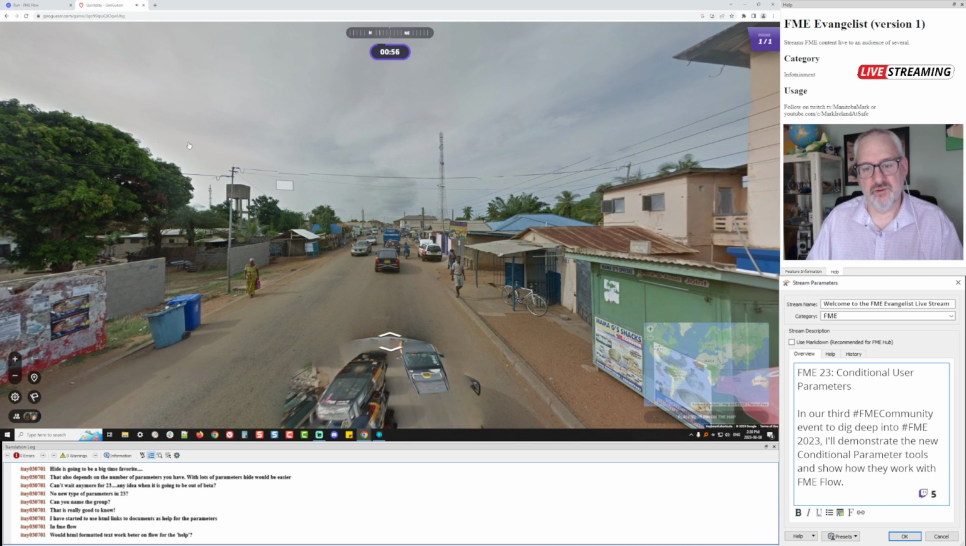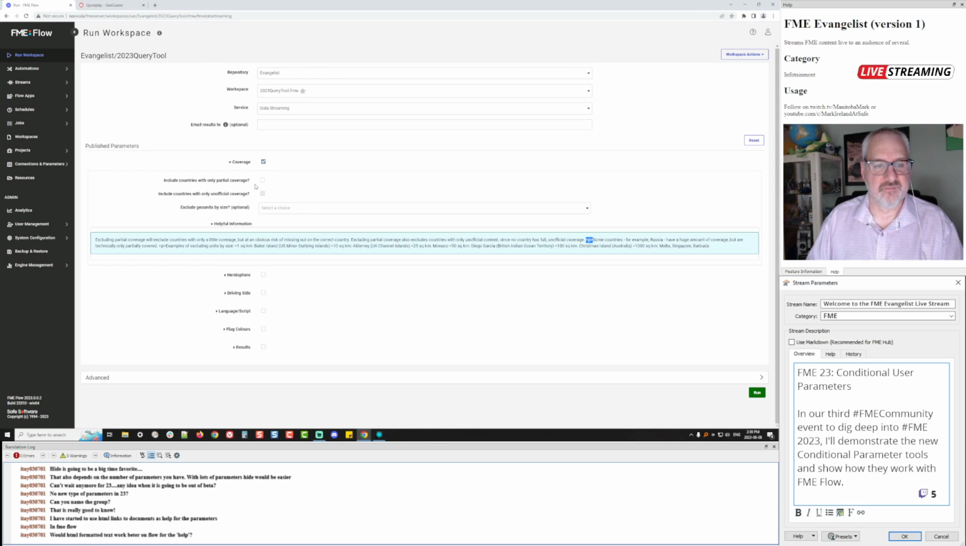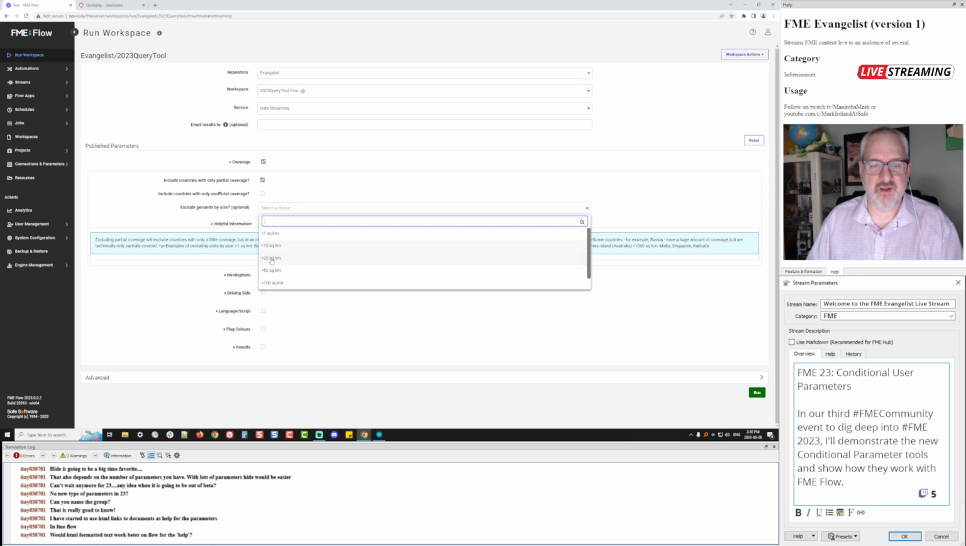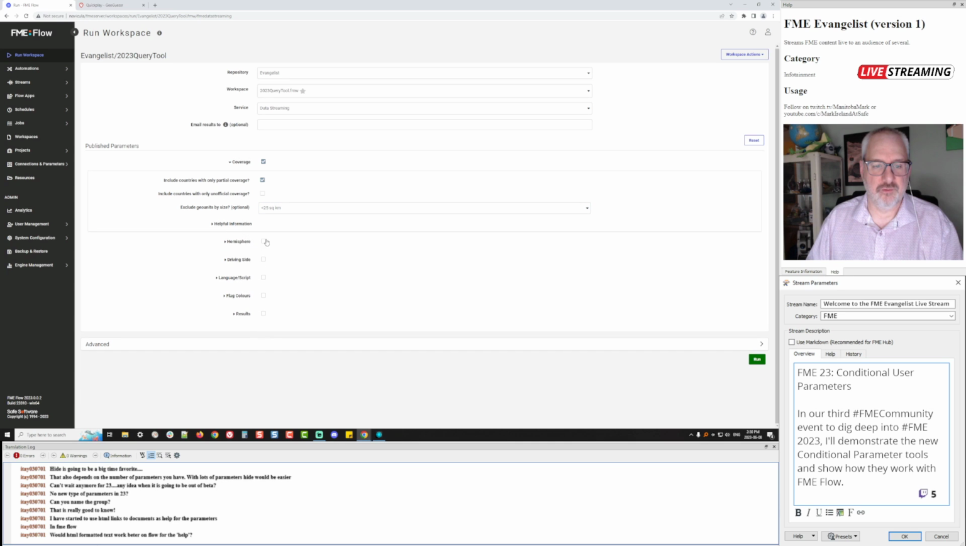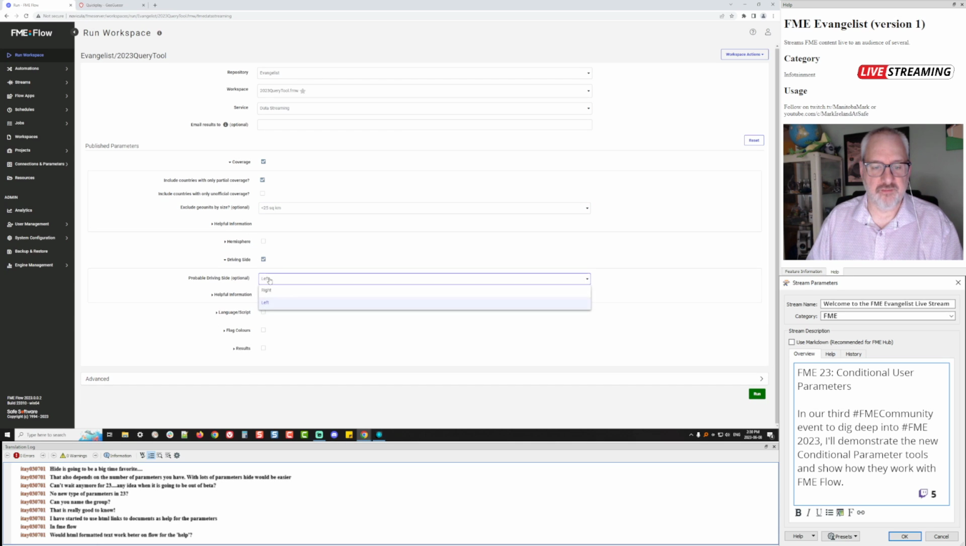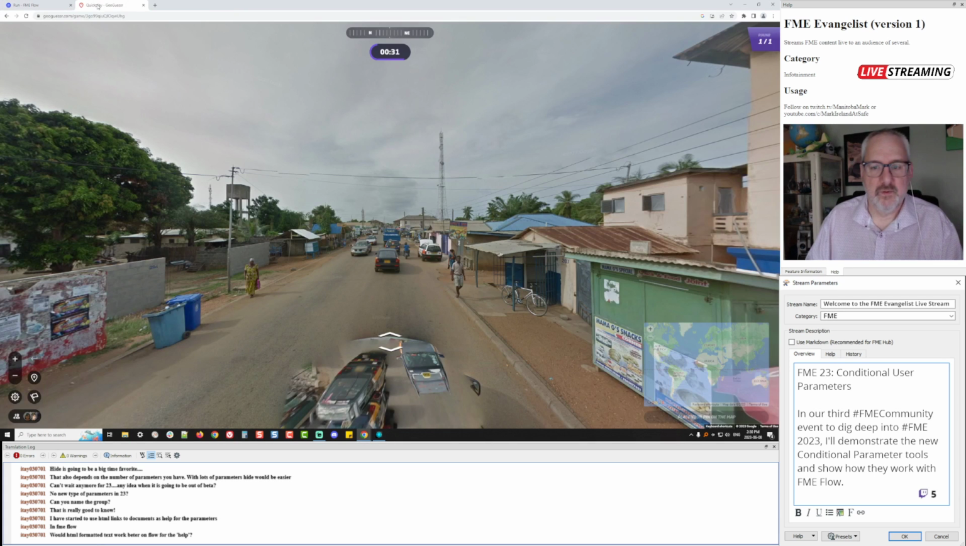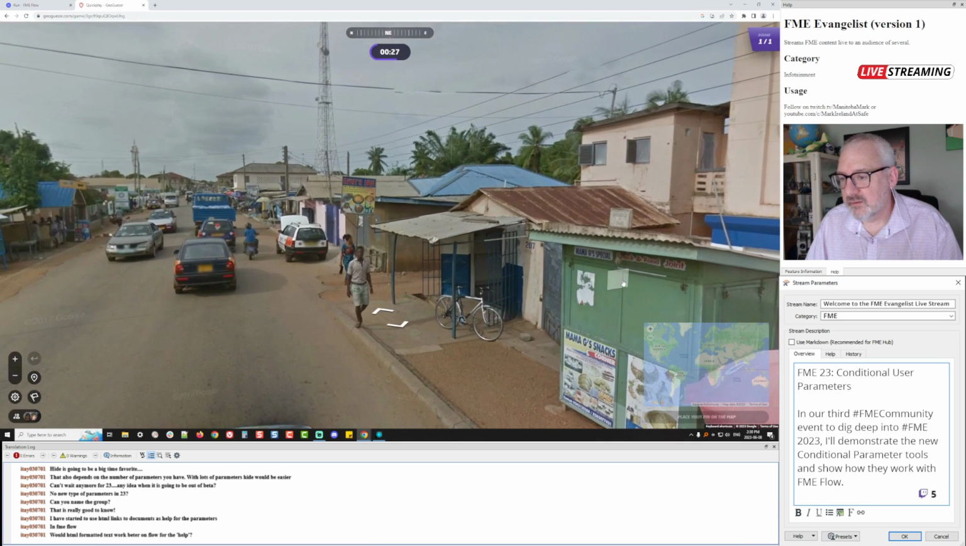Okay, so they're driving on the right. So let's see. Do I want to include countries with only partial coverage? Yes, just in case. We'll cut out anything less than 25 square kilometers because it's probably not that helpful. The driving side is on the right. Whoops. The text is Latin. In fact, it looks English, but